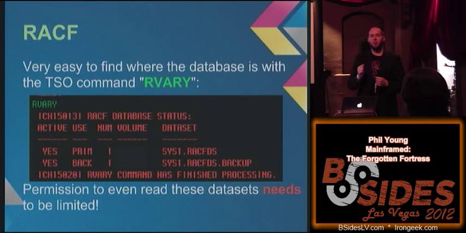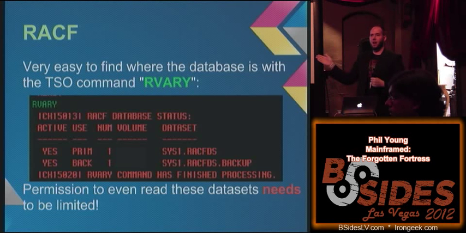The backup is there for something like a hardware failure, not user error. Okay? If I make a change in RACF, it is written to both databases at the same time. But when someone needs access to something, it only reads from the primary. So the idea is to have them on 2 separate hard disks or 2 separate storage arrays. And that way, if you lose one storage array, you're not going to lose your RACF database and the whole thing's not going to shut down.